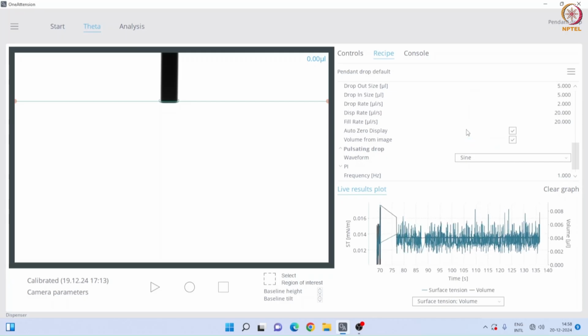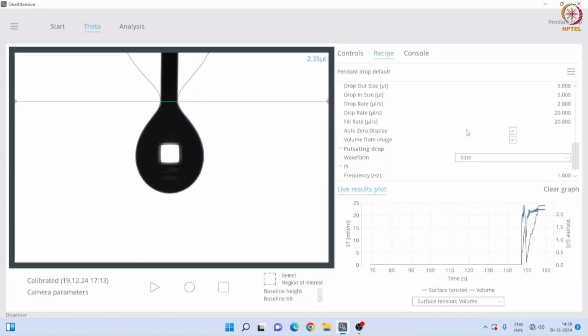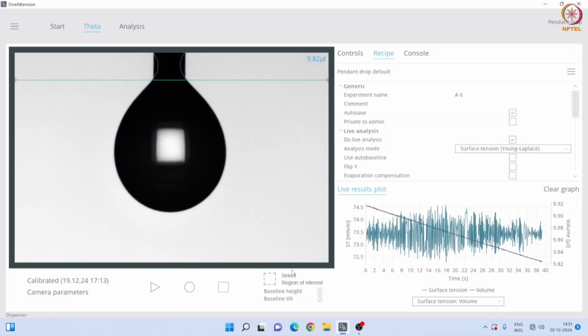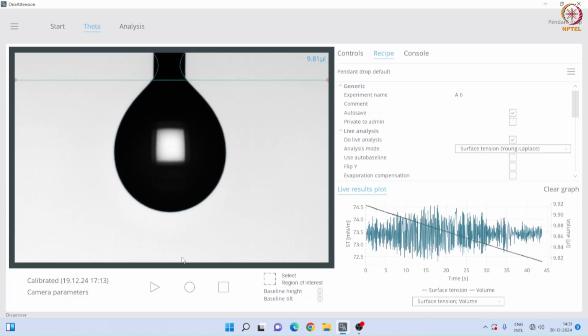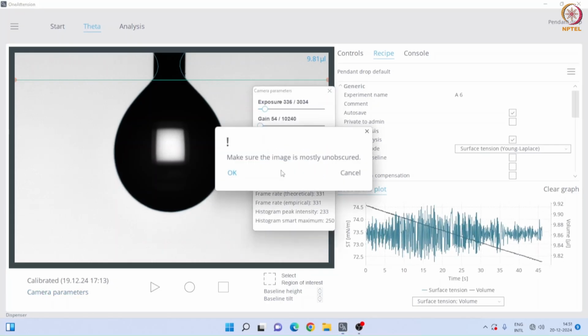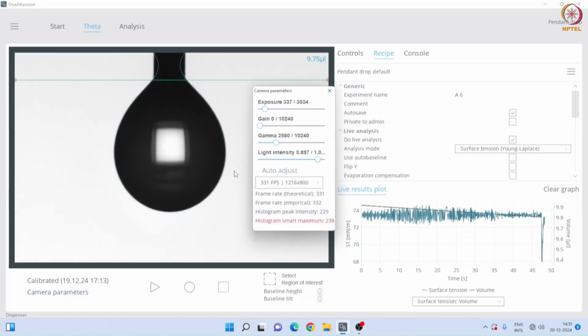Like I showed you initially in the sessile drop, in the same manner you have to make a drop. This is how your drop looks in the camera. After adjusting the focus on its edges a little more for clarity, we will do the auto adjust here.